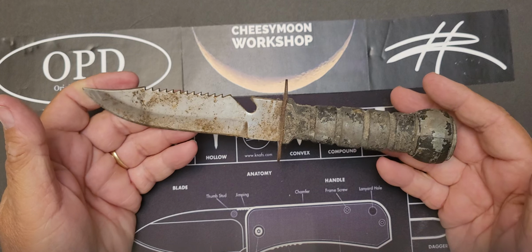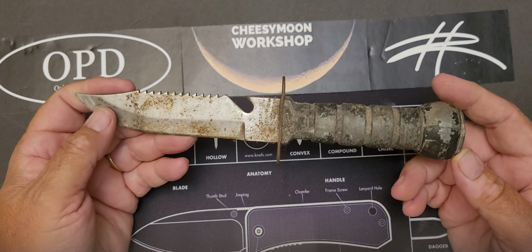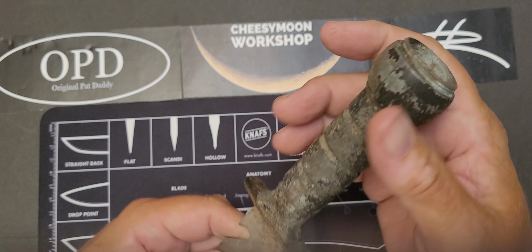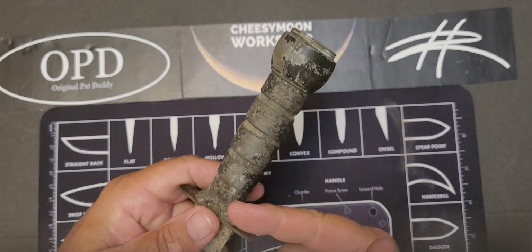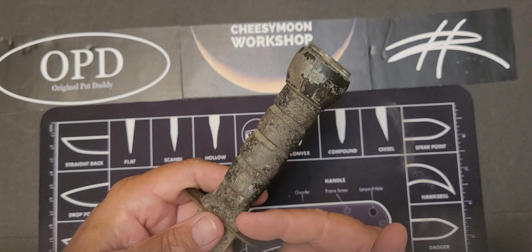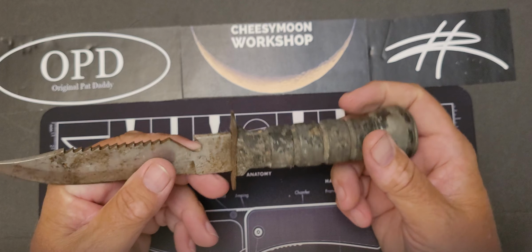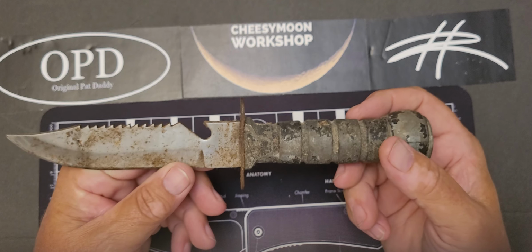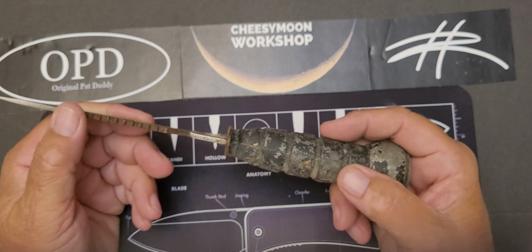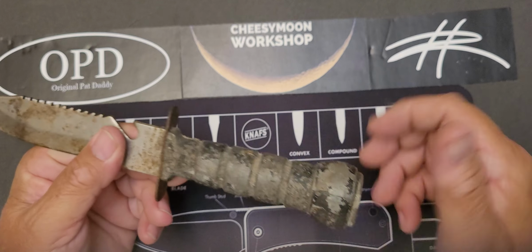But look what she's got here. I mean, we all remember these from the early to mid-80s. Infomercials on TV, father and son, the compass on the end, which is missing on this knife, and all the survival gear that was packed down in this handle: fishing line, about 20 feet of it or maybe a little bit more, a couple fish hooks, and just silly things. And Lord knows when you're out in the woods, you got to have a bottle opener and a saw that is barely a saw, and a knife that has a bolt